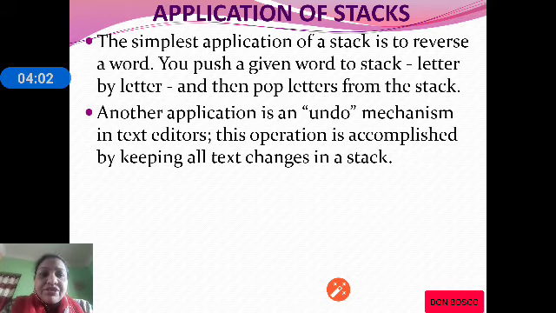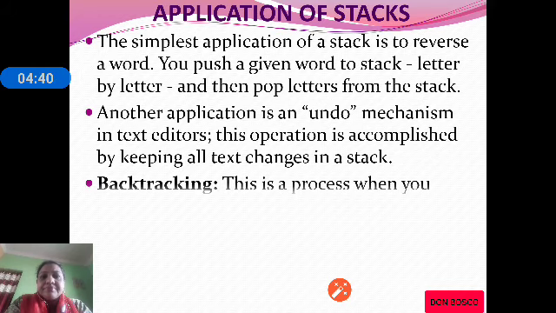That means stacks can be used for the undo operation. Another application of stack is the undo operation. To keep track of the things which are done in the editor, we use a stack, and as we know that a stack works on LIFO, last in first out, when you do undo, the recent operation you did will be cancelled.